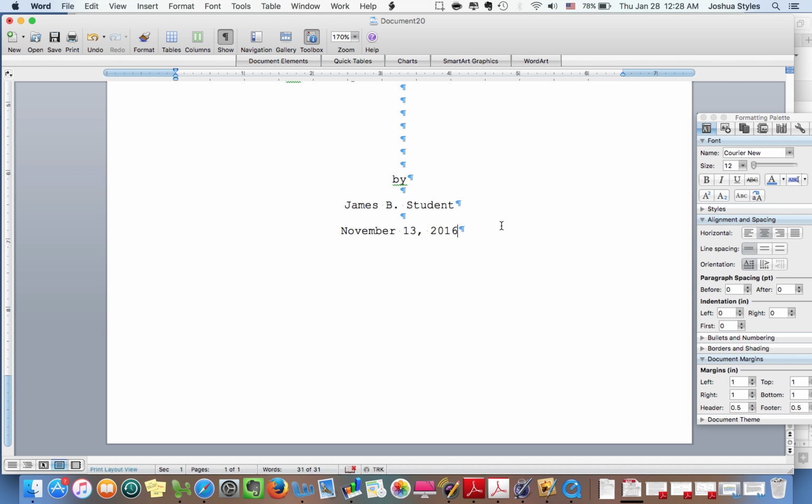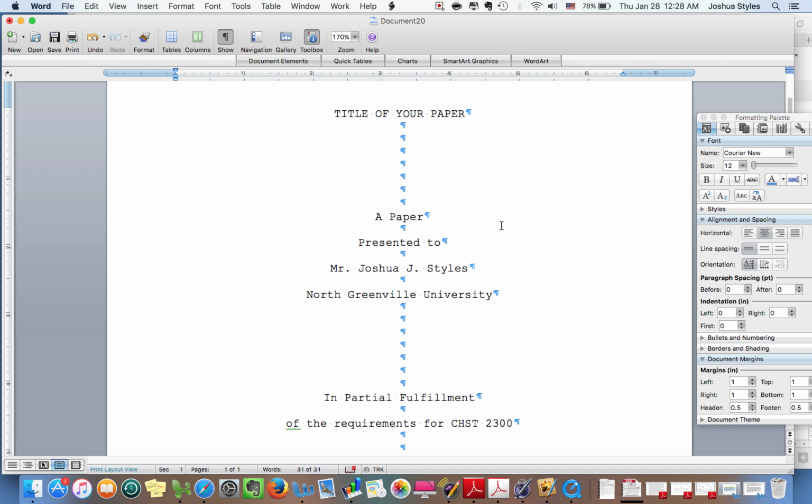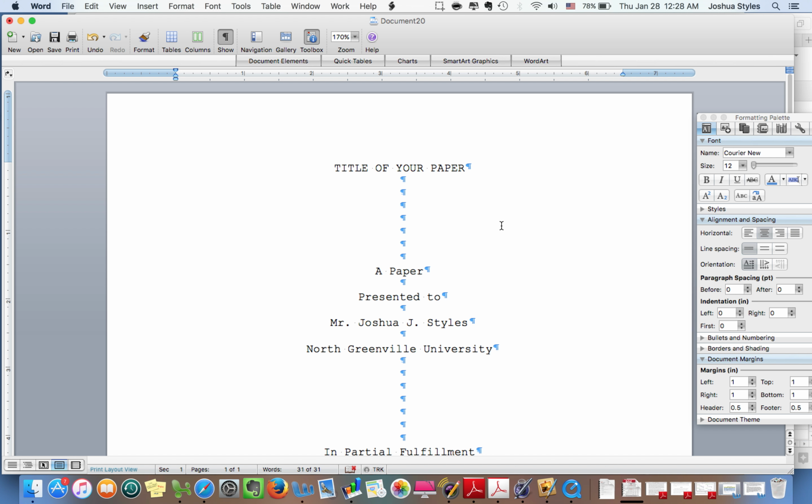College of Christian Studies Manual of Style, it actually explains to do this first. What I have found is that it's easier to do this at the end, because what you want to do is the margin of your title page, and this will be the case for many initial parts of your papers, which will be explained in other videos. The title of your paper is going to be at basically the 2-inch margin. And the way that we instruct you to do this, there's actually two ways, and I'm going to show you both. The first way that you can get the margin correct for the title of the paper is to